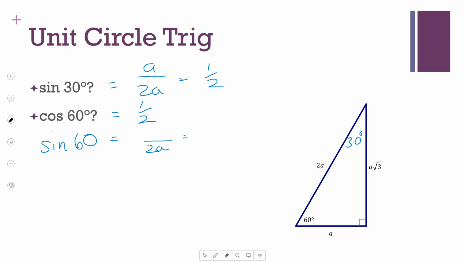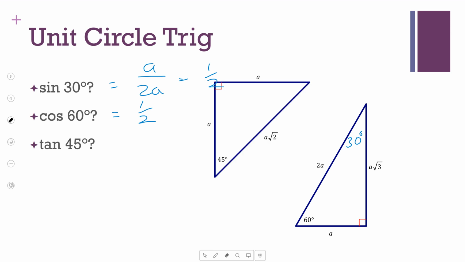Okay, last example. What's the tangent of 45? Well, you might need that. Now what's tangent of 45? Why, other than your calculator told you? Because